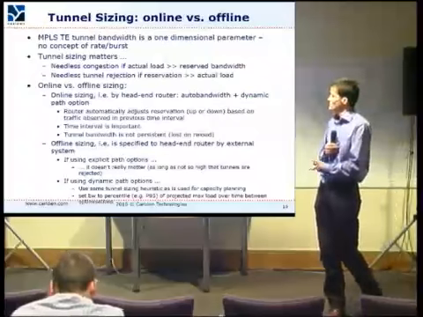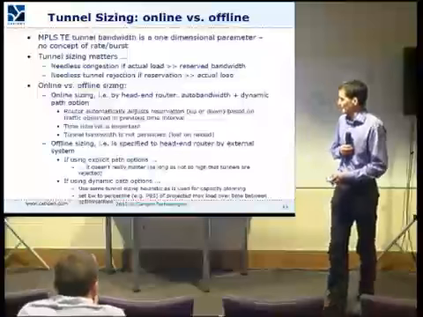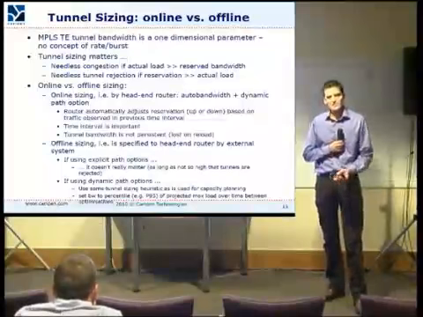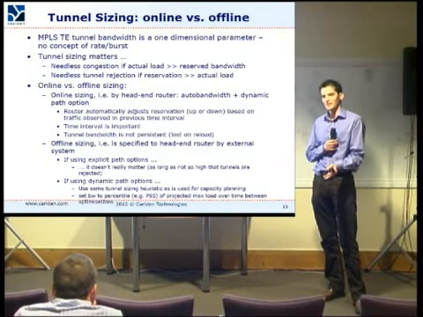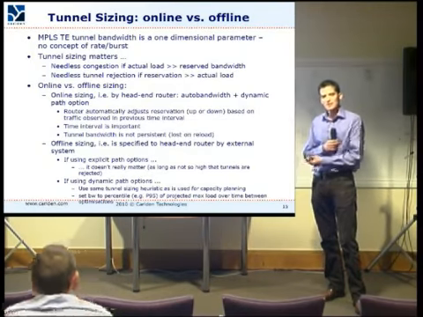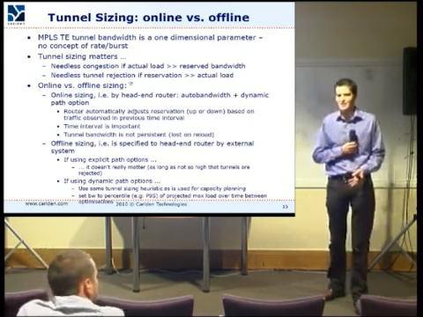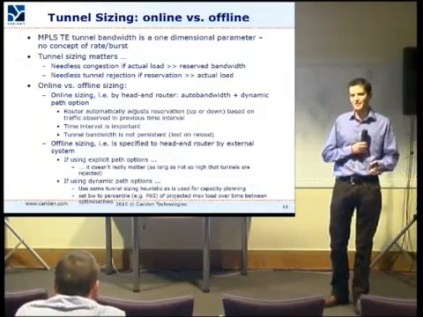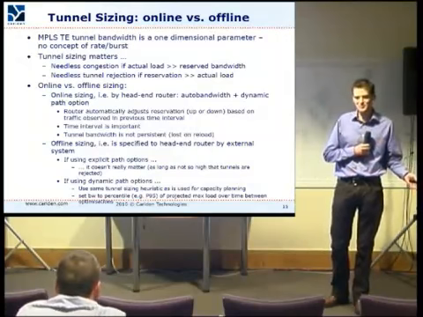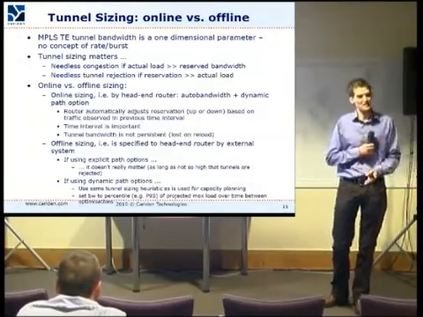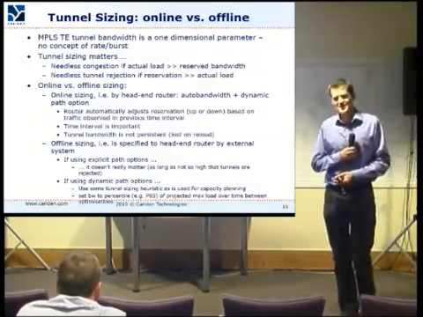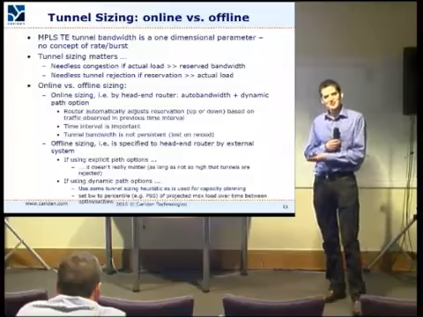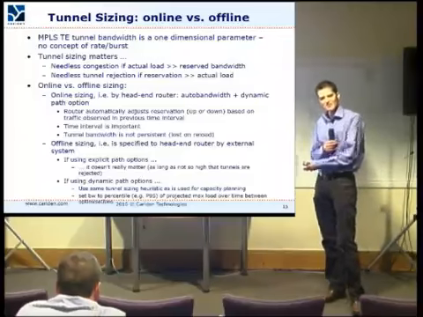Next point is to look at tunnel sizing and how you set tunnel bandwidths. Now, that might seem completely obvious. You set the bandwidth of a tunnel to be equal to the traffic that's going into it. But it depends how you define the traffic going into it. A tunnel is not a physical link, and traffic has an average rate and a burst characteristic. So do you set the tunnel bandwidth to be equal to the peak of that traffic? Do you set it to be the average? Do you set it to be a percentile?